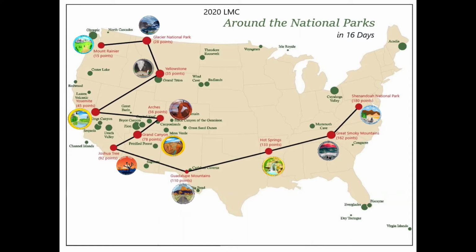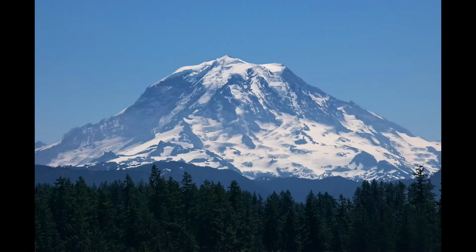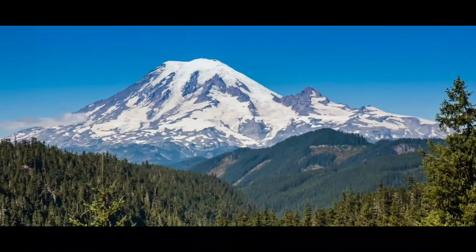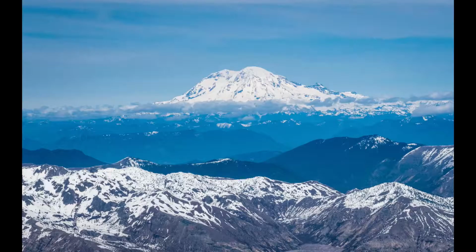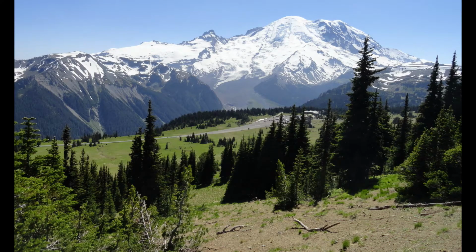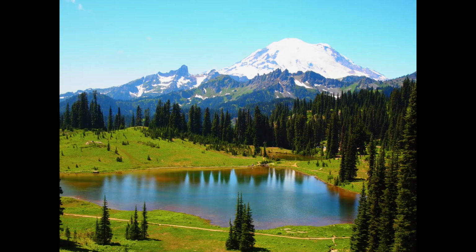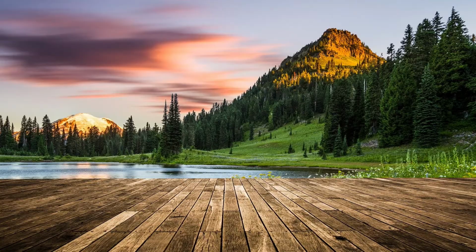This year, Little Masters Club has decided to create a virtual sports game called Around the National Parks in 16 Days. It begins from August 15th to August 30th, with its main 4 activities as biking, running, walking, and hiking. By signing up, you can join us in going around 11 national parks in 16 days and earning electronic badges